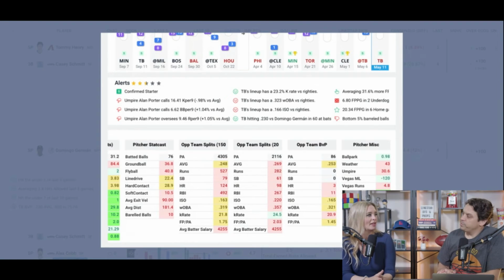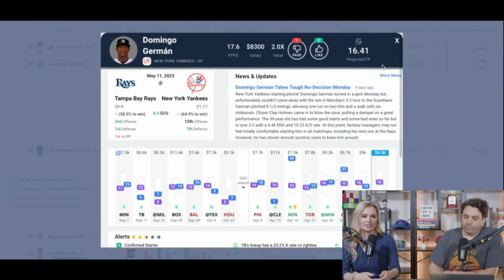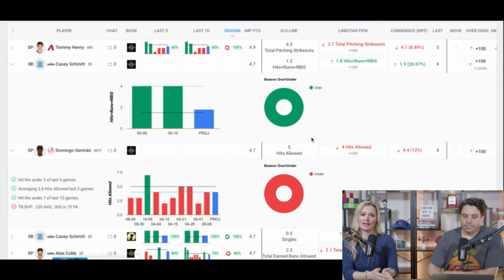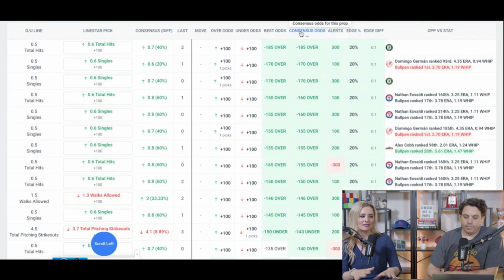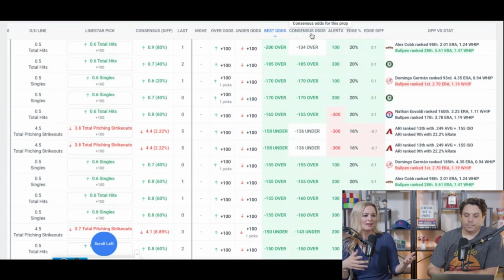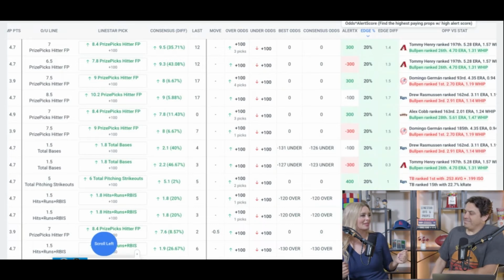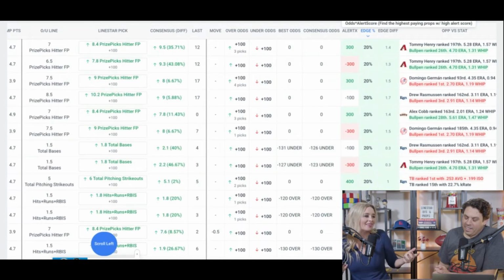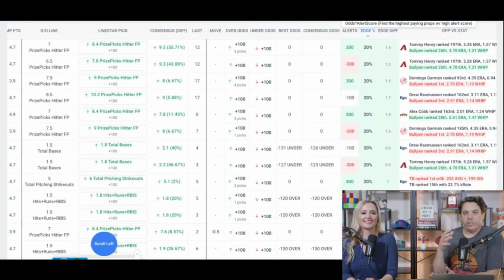So just to recap for you guys, basically we go on LineStar, fire up the good old Props AI tool. We're sorting by that consensus and best odds column there. We also then see what we like. It's like you're out shopping, the way you go to the grocery store, just see what speaks to you. Maybe you have a list. And the more that you play with it, the more of a routine you will get.